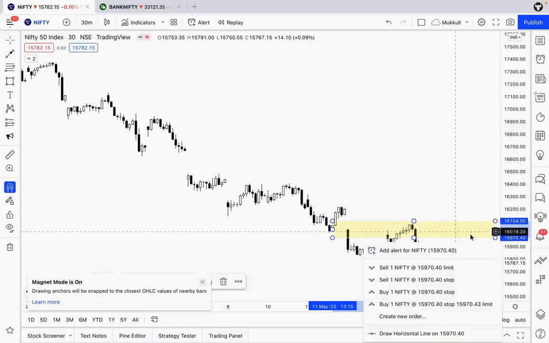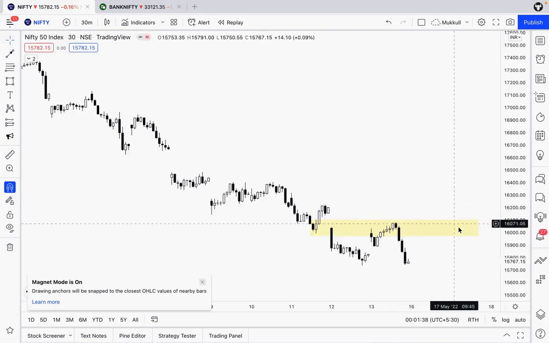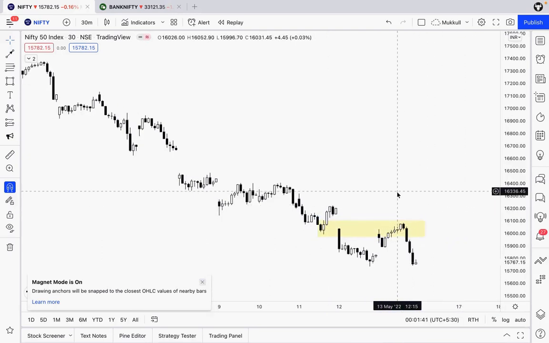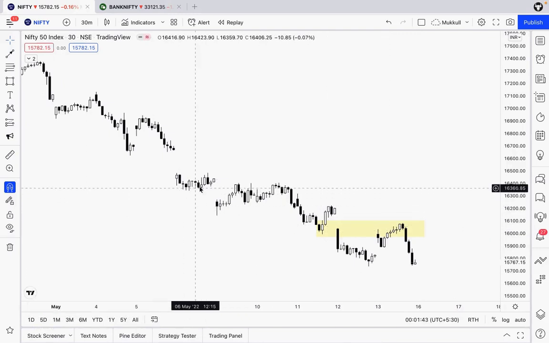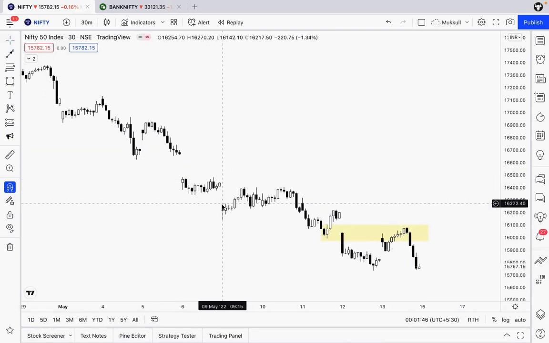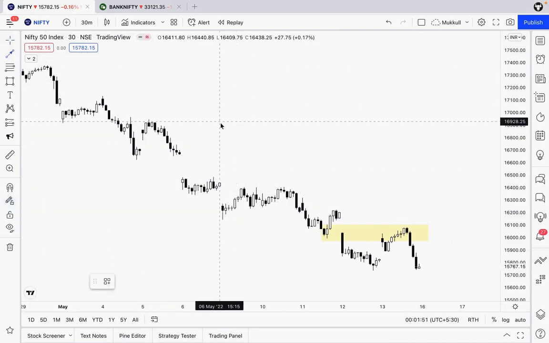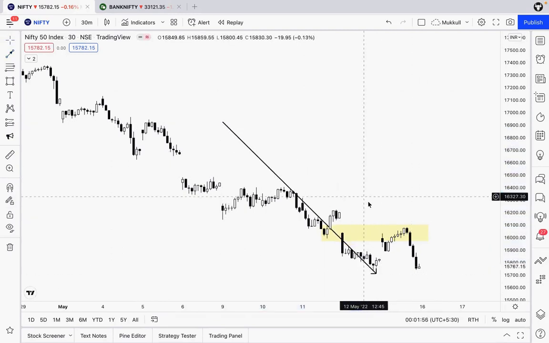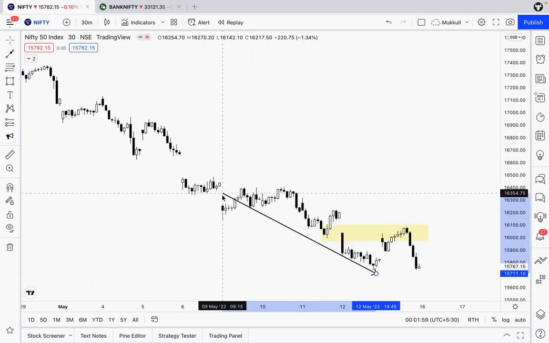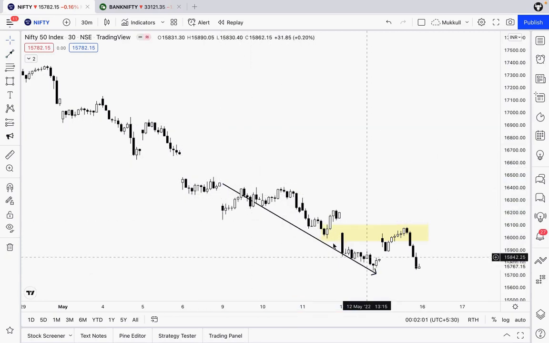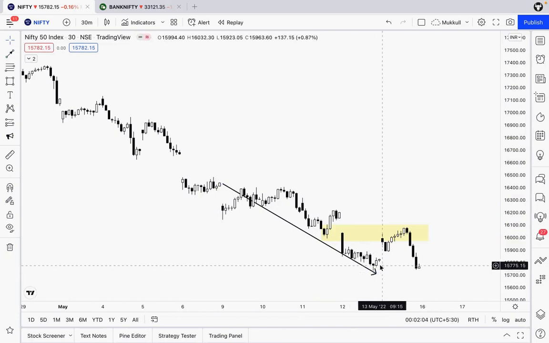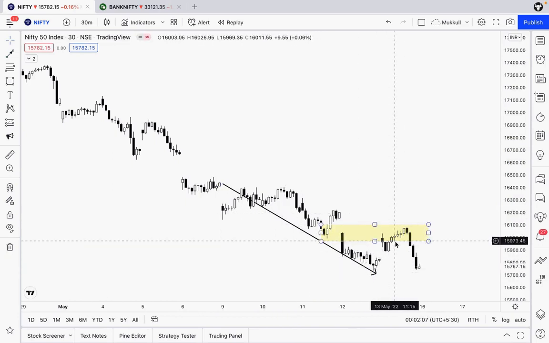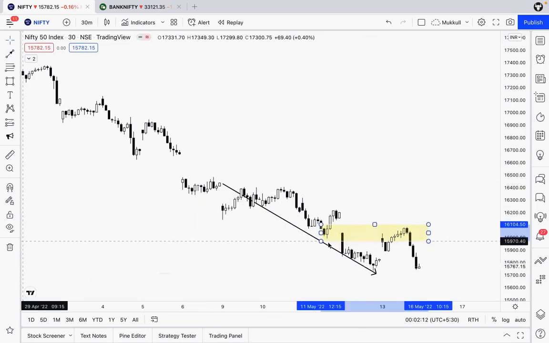If I just pull in a zone, see what is happening. This whole week we had a fall from 9th May, from this particular point till this point we were falling. From the start of this week till the end of the week, we have seen a fall. Then we saw a pullback, which was seen near your